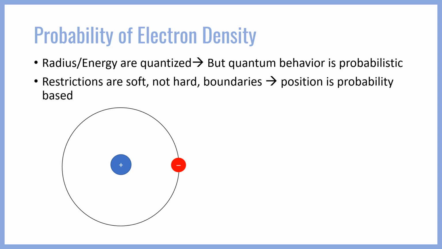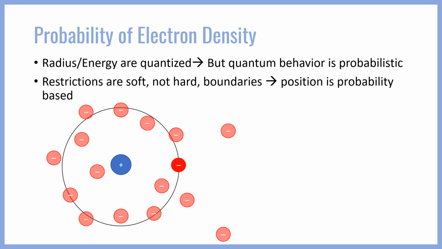In reality, the electron is not just stuck orbiting like a planet at this radius. If we were to observe the electron many times in successive fashion, the tracks it would leave would appear something like this. You can imagine this as the footprint of the electron over time. As you can see, the electron tends to be localized around this orbital distance. However, it randomly appears at different positions at each observation, including sometimes rather far from where it is quote-unquote supposed